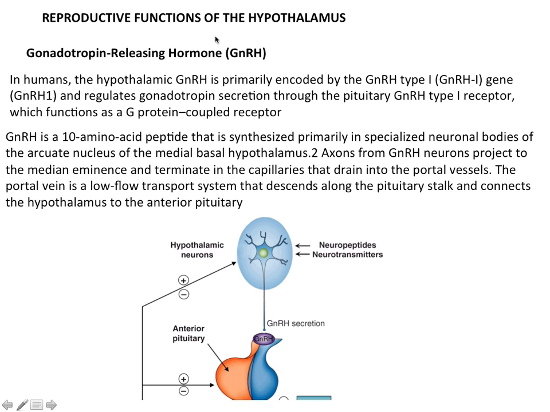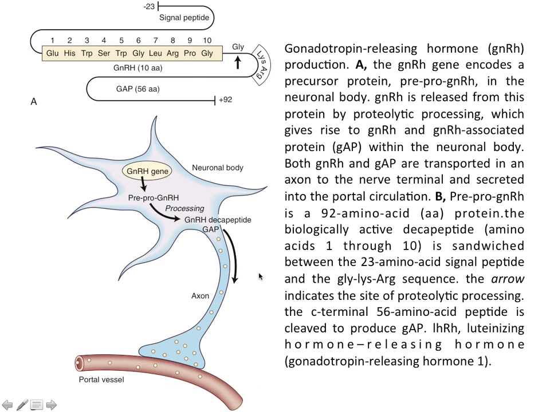Now, reproductive function of the hypothalamus. As I already discussed, the hypothalamus secretes an important hormone, that is GnRH, and this GnRH is secreted by the neurons of the hypothalamus. After they secrete it, it comes into the blood supply and goes to the anterior lobe of the pituitary gland. And this GnRH is actually produced as a pre-pro GnRH first, and it is processed